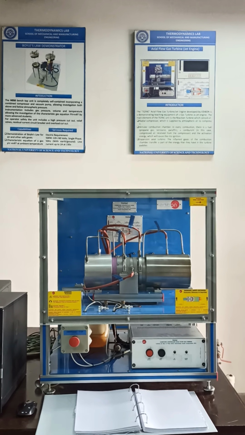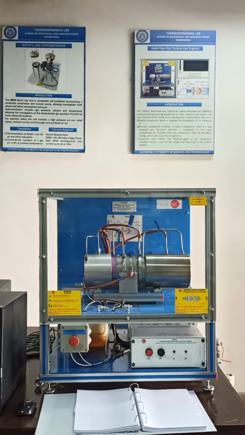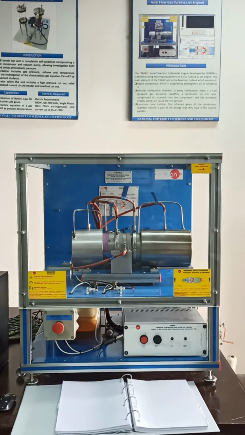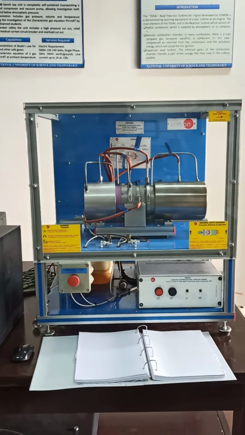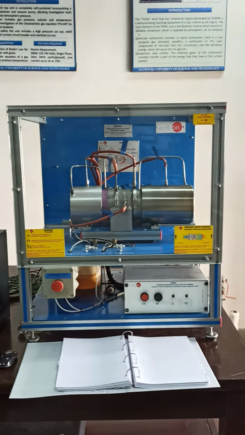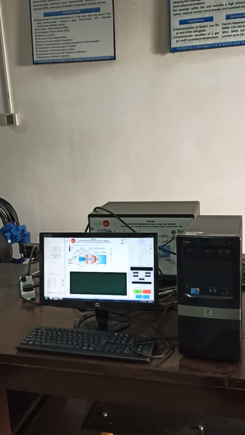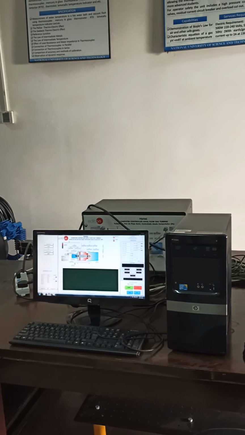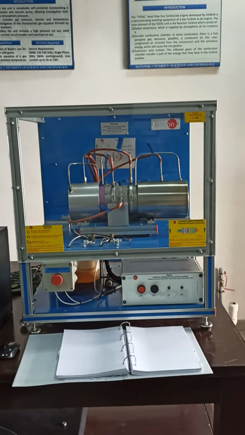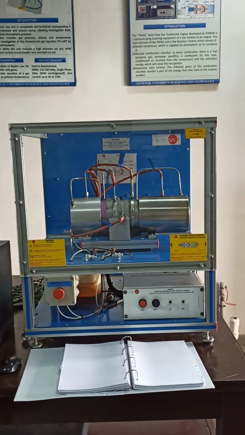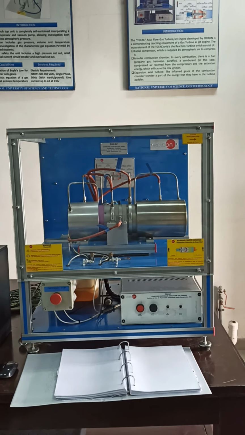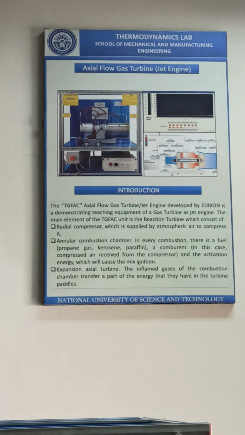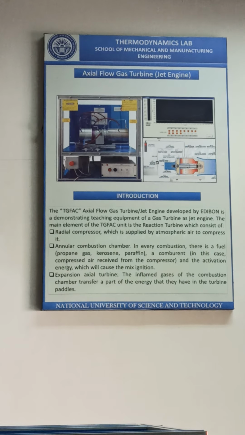As far as the schematic is concerned, wherever the equipment has got the circuitry, let me elaborate it to you. Assisted next to this Edibon jet engine is this control unit and a system having a specific app provided to us by Edibon. Before we delve into how it's going to function, let us look at the manual, or rather let us look at what it actually has got.